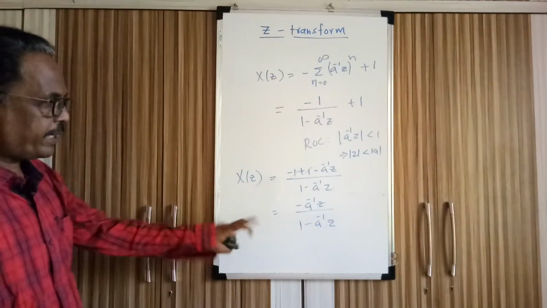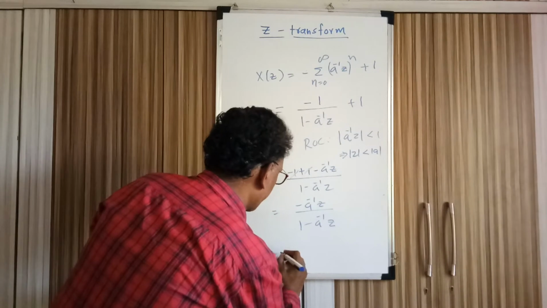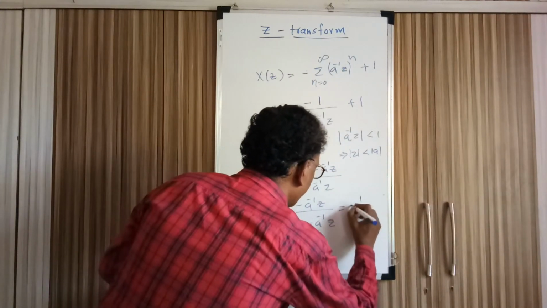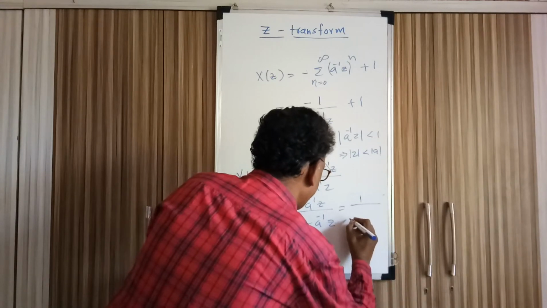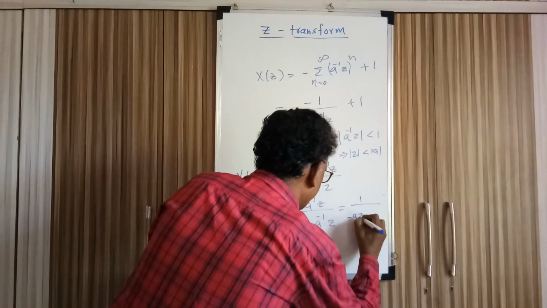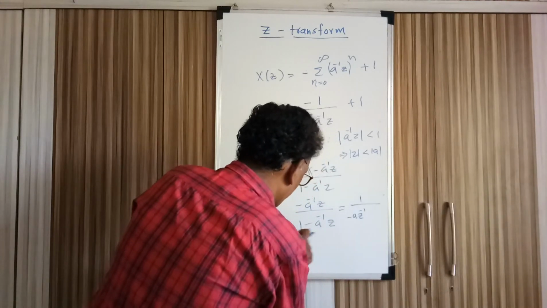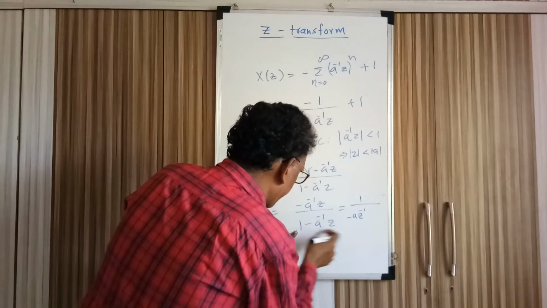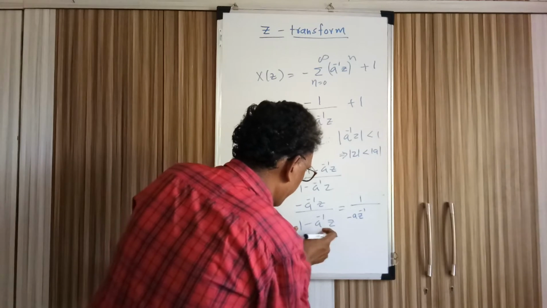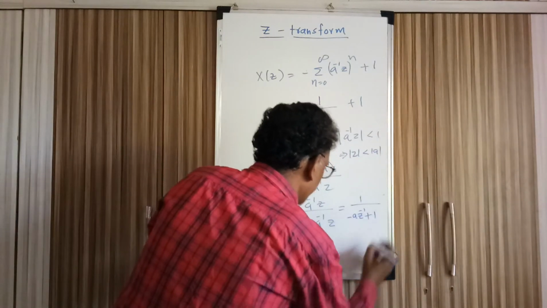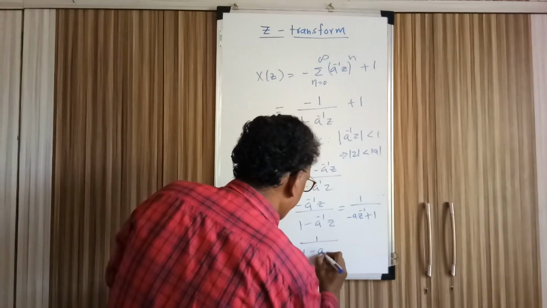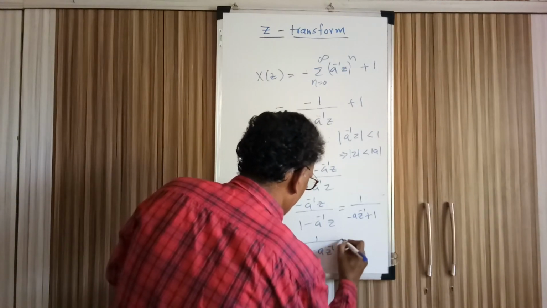So divide both sides by A inverse Z. Just see, in the numerator minus A inverse Z divided by minus A inverse Z gives 1, and in the denominator 1 divided by minus A inverse Z becomes minus A Z inverse, and the other term gets cancelled, so plus 1. So your result is 1 divided by 1 minus A Z inverse,